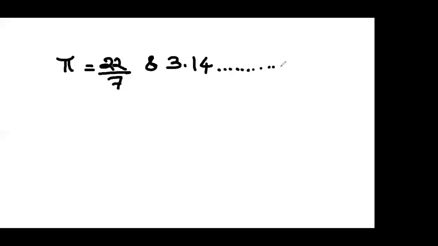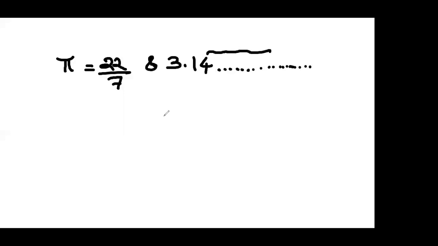But there are other numbers beyond the rational number category. Have you heard of pi? For computation purposes, sometimes we use 22 by 7, but actually it is not the correct value. We also use 3.14 for pi, but actually it goes on even after hundreds of thousands of decimal places. It is indefinitely going. So many numbers are there after. We cannot define it and we cannot conclude it.